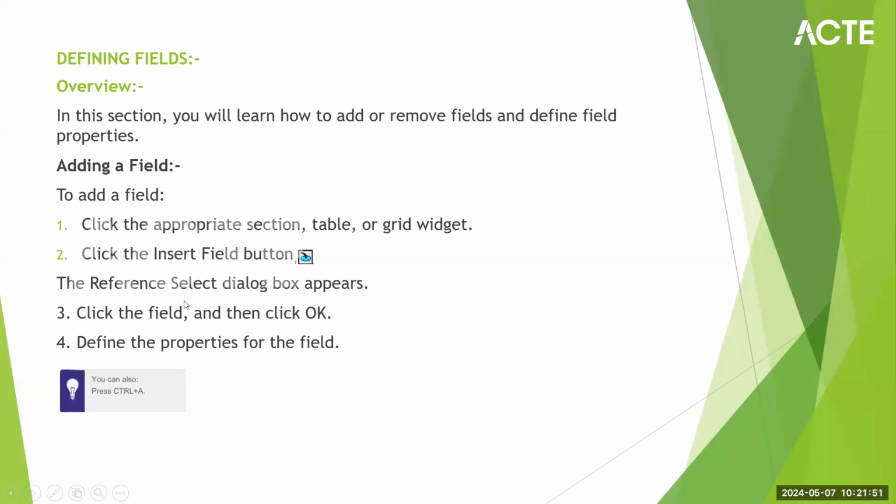I mean, you are adding a field in the current page, or the page that you want. In pages, we have sections, tables, and grid wizards as a proper alignment structure. We use these for the proper alignment. You are not creating them here. This is how you add a field in the page designer, under a particular page, in a section, tables, or grid wizard. So define the properties of the field. You can also use the Control A shortcut to add a field.